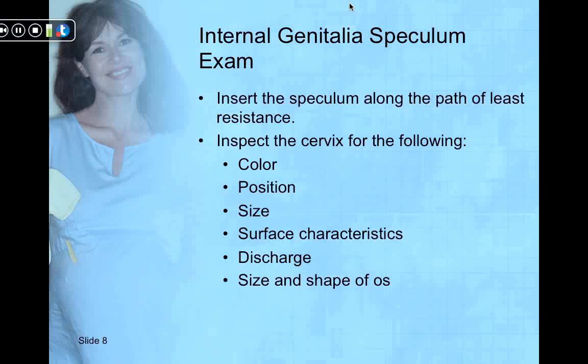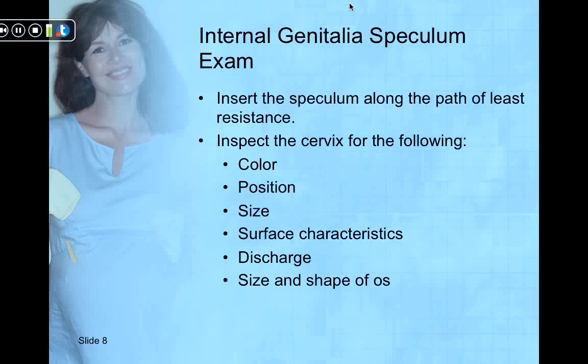You're inspecting, looking at the vaginal walls, but when you get to the cervix you're also inspecting its color. We know that there are certain changes when we don't have enough, or we have an excessive amount of estrogen, such as in pregnancy, and the cervix does appear different during that state, but also in postmenopausal women, it's more pale in color. So you can learn a lot about the general health of your patient just by looking at their cervix color, the position of it, the size of the cervix,